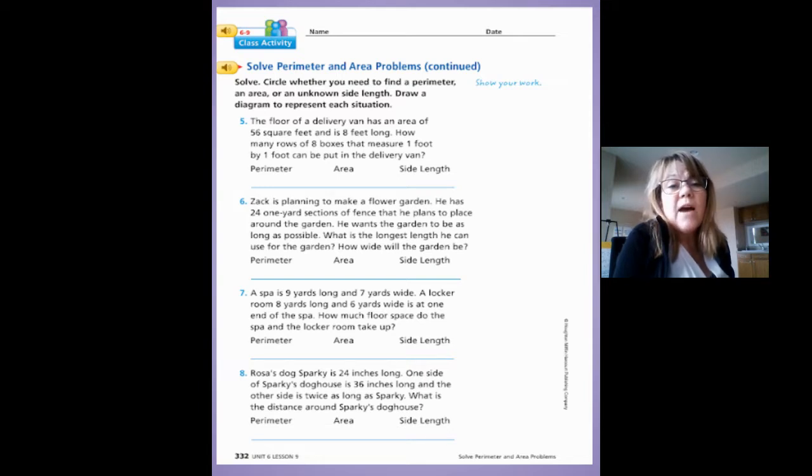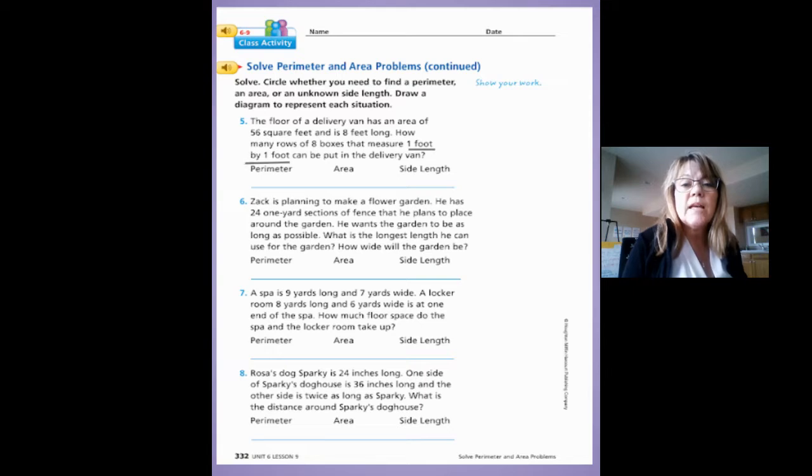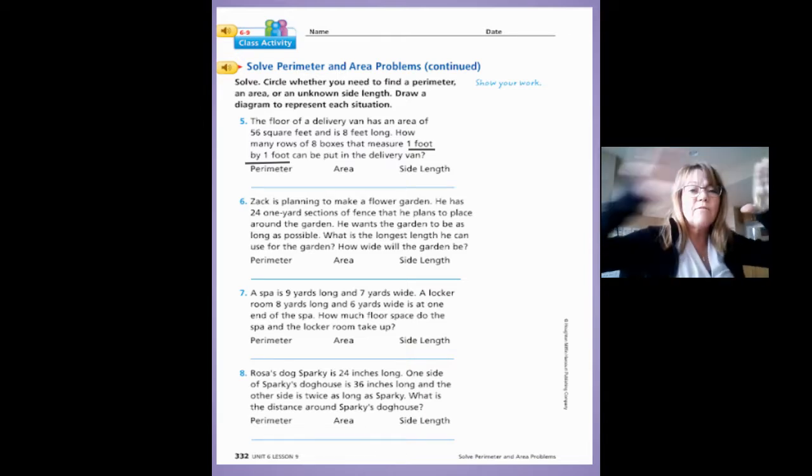So the number 5, the floor of a delivery van has an area of 54 square feet and is 8 feet long. How many rows of 8 boxes that measure 1 foot by 1 foot can be put in the delivery van? So, hint, 1 foot by 1 foot is just the size of a box. You don't need that as an extra number in your thing. It's 8 feet long,